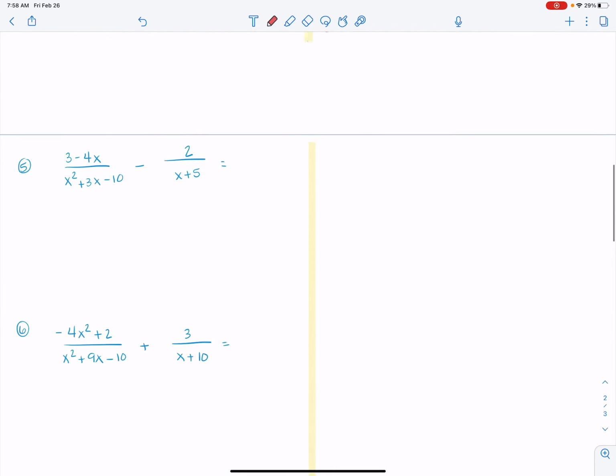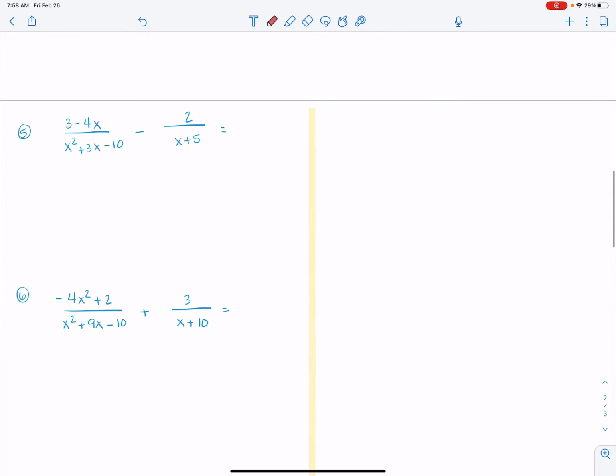Number 5. So I told you now what we're at. So we need to factor anything that can factor, so always think factor first. Okay, well, 3 minus 4x doesn't have anything in common, so I can't take anything out of that. X squared plus 3x minus 10. Two numbers that multiply to negative 10 and add to 3. I can say x plus 5 and x minus 2. Okay, then I have minus